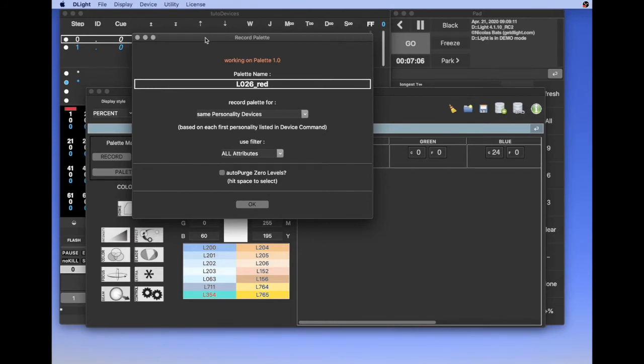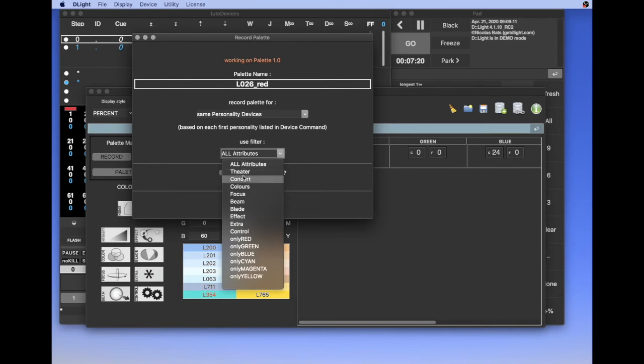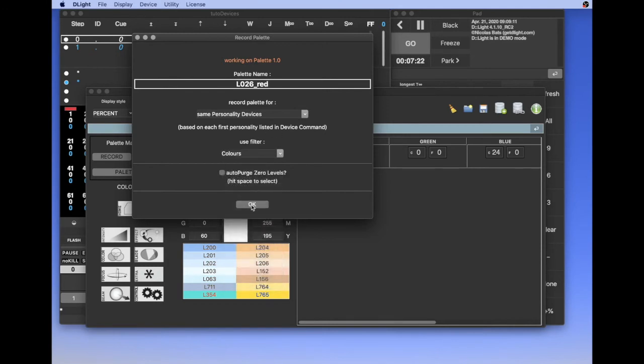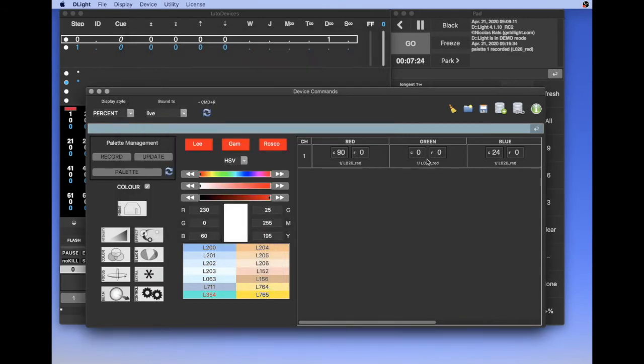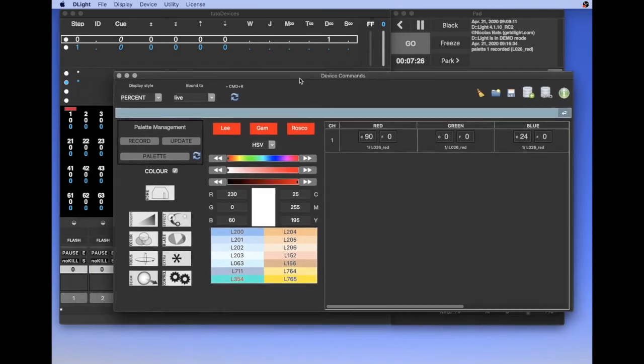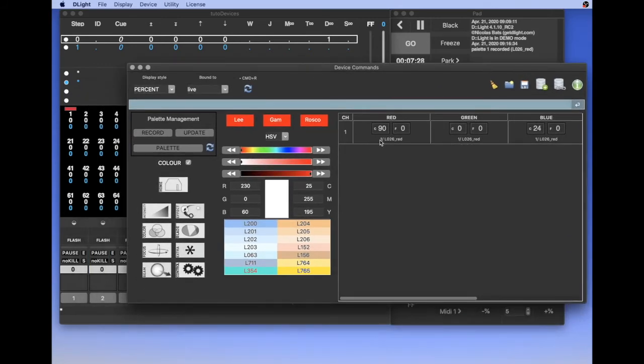If you separate color palettes from focus palettes, you will be able to mix them afterwards. Here I want a color palette, so I choose color and say OK. Now channel 1 is in palette 1.